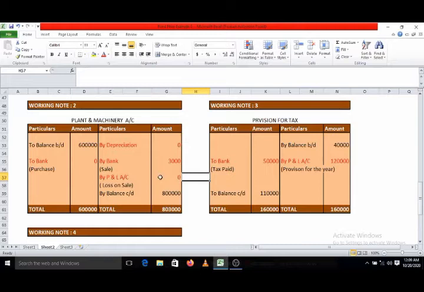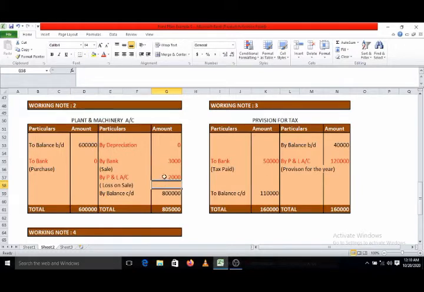And where do we write the loss? In the introduction lecture also we have seen it, in the format of fixed asset account, loss on sale of asset will appear on the credit side. So there is a loss of rupees 2,000. We pass the entry: profit and loss account debit to asset account. Now here in this case, profit and loss account debit to machinery account 2,000. Now you can check out the book value of that asset, rupees 5,000, included in the opening balance. Against that we have matched by bank 3,000 and by profit and loss account 2,000. Now 5,000 debit, 5,000 credit. Now the balance of that part has become zero.